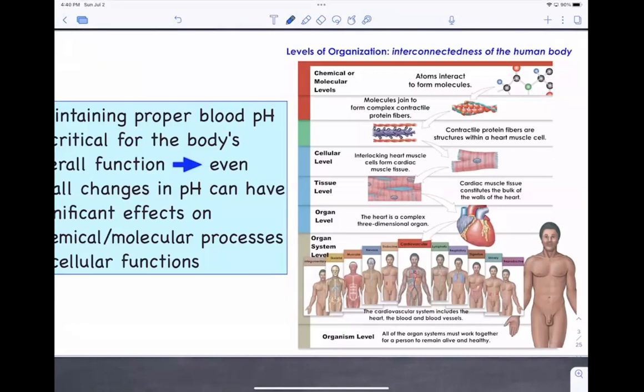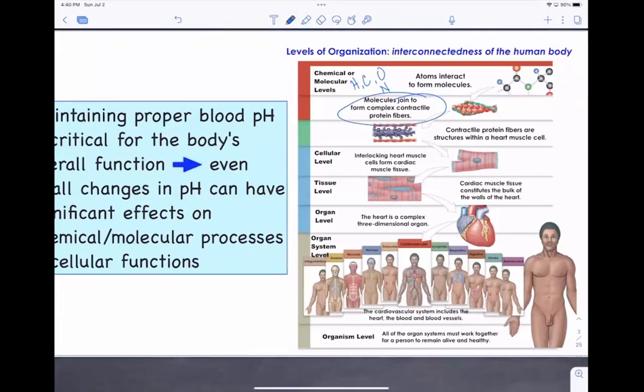On the converse side, if the molecules aren't formed correctly, the structure is not correct. If the structure is not correct, then the tissue, cell, whatever, can't do its job. So we always start off looking at the chemical or molecular layer. And remember that the human body is mostly, I would say 99.9%, hydrogen, carbon, oxygen, and nitrogen. These atoms interact to form various different molecules, and these molecules join together and form